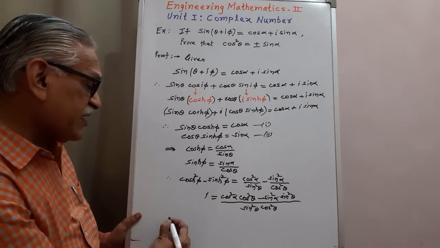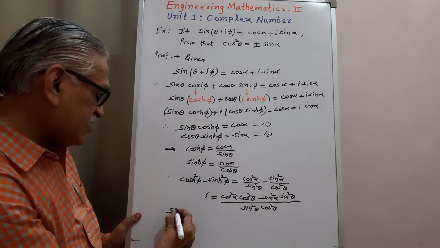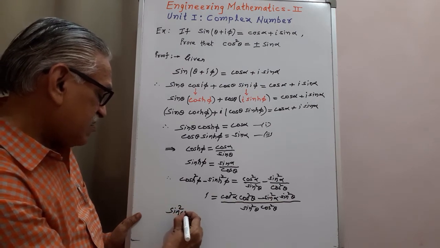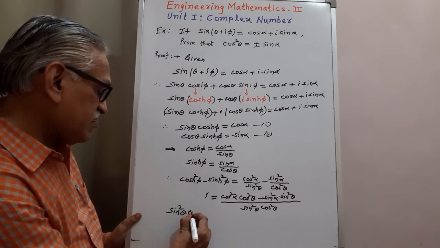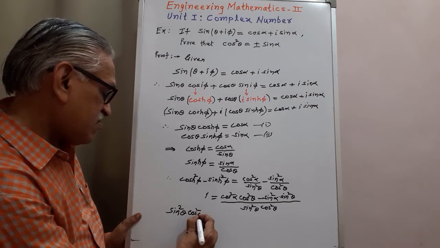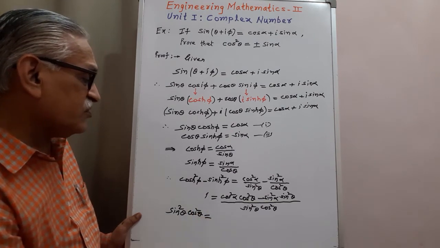And cross multiplying it, we get sin²θ into cos²θ is equal to